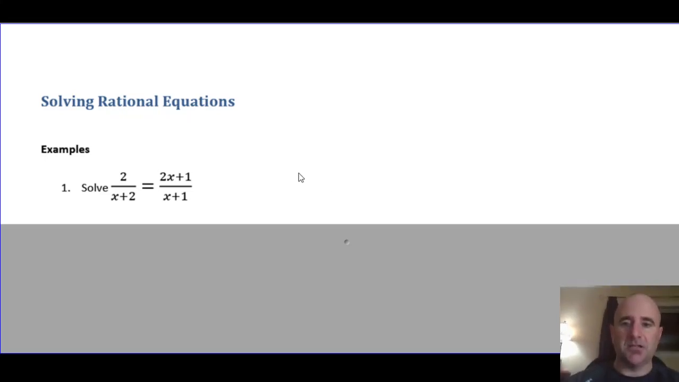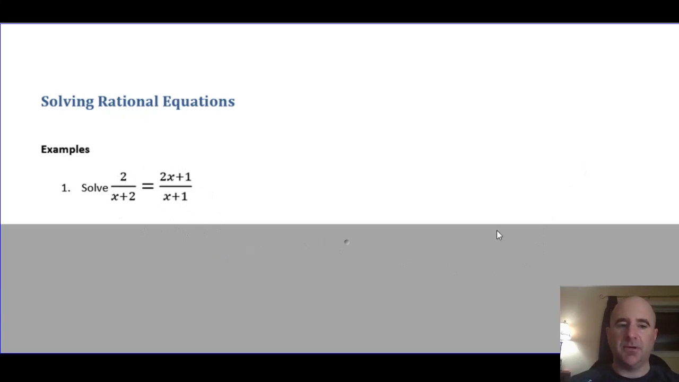Okay, so this is our lesson on solving rational equations, and we're going to solve some simple rational equations, and we're going to talk about some things you have to be careful of when you get your final answer, and finally at the end we'll look at a few word problems as well. So let's get started. So let's look at this first example, 2 over x plus 2 equals 2x plus 1